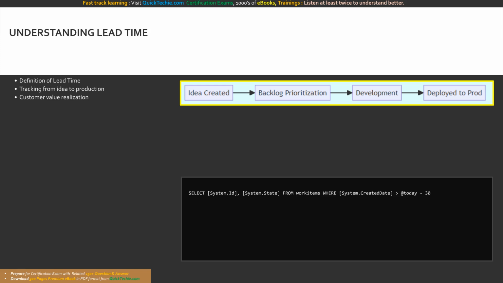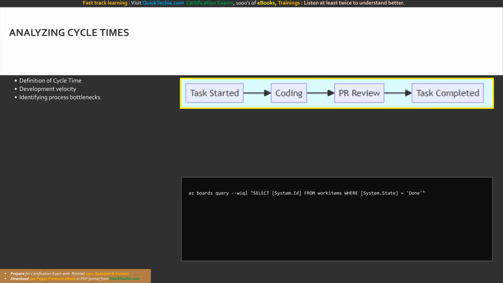This WIQL work item query language snippet fetches work items created in the last 30 days, serving as raw data to calculate average lead times. Lead time spans this entire workflow, from the creation of the idea through prioritization and development, right up to the final deployment. While lead time covers the entire lifecycle, cycle time specifically measures the time taken to complete the actual